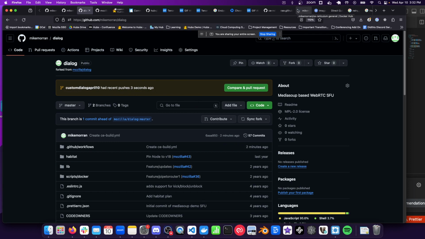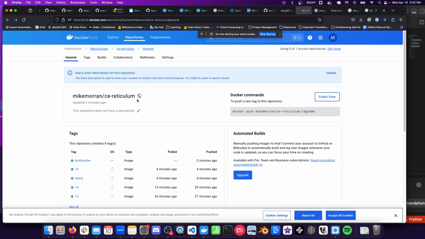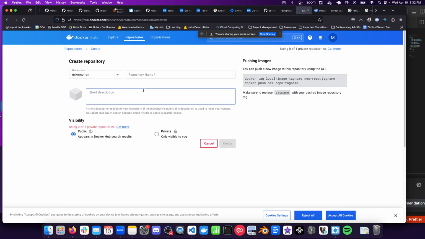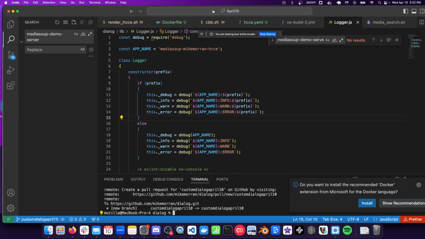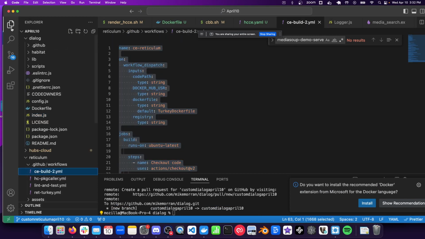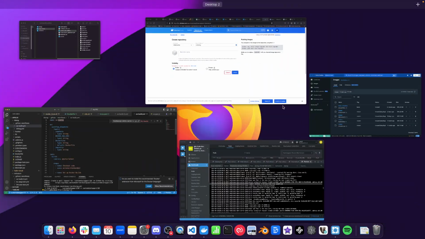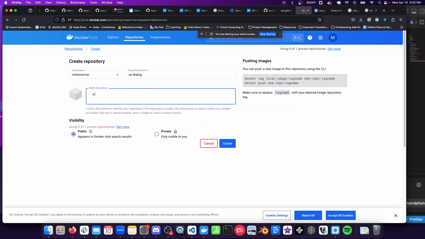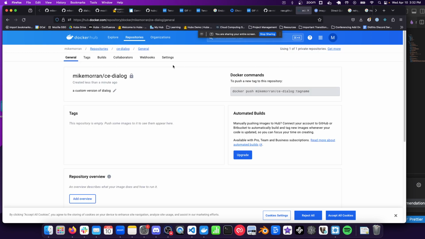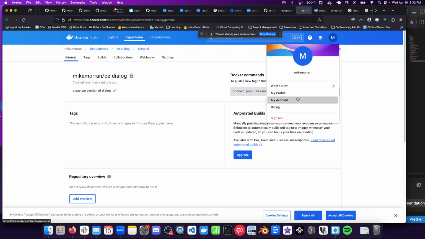Before I can deploy, I need to set up my Docker Hub repo here. So I'm going to create a new repo. We'll call it CE Dialog. I believe that's what we've called it in our GitHub workflow. Yeah, CE Dialog. A custom version of dialog. Great. And then I just need to create